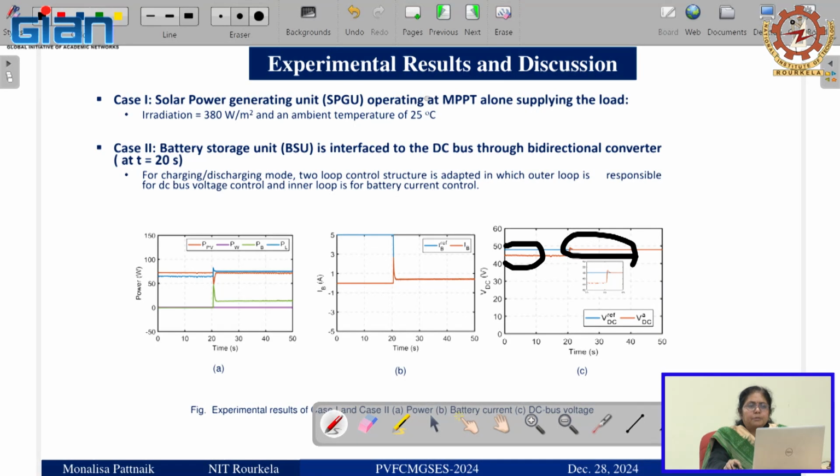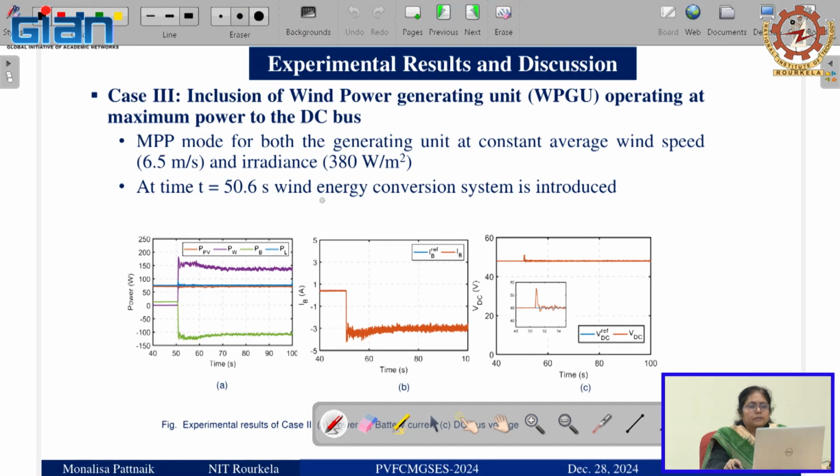After that, we are including the wind power. Once the DC bus voltage is regulated, then we add another source. You can also do it the reverse way: start the wind, then introduce the battery and regulate the DC bus, then introduce the PV. But as the system grows, in a practical implementation it is quite difficult. We have so many sensors and so many things to check properly for the final implementation.